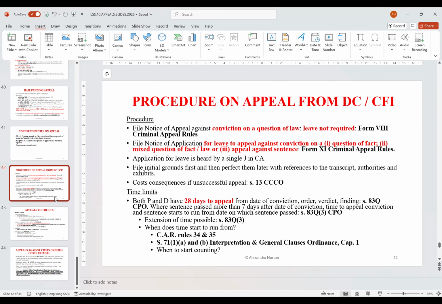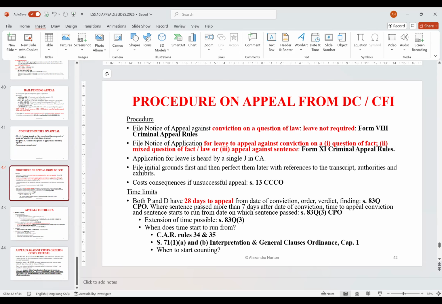28 days to appeal, and Section 83Q just says from the date of the conviction, order, verdict, or finding. But if sentence is passed more than 7 days after the date of conviction, then the time to appeal conviction and sentence starts to run from the date on which sentence is passed. Okay, so let's say defendant is convicted on November the 1st, and sentence is passed on December the 10th. Okay, that means that the time to appeal,